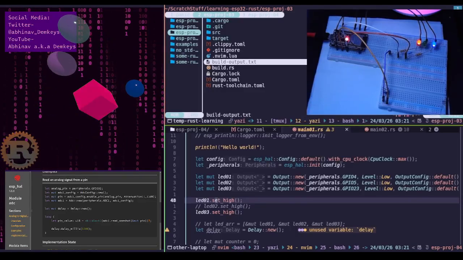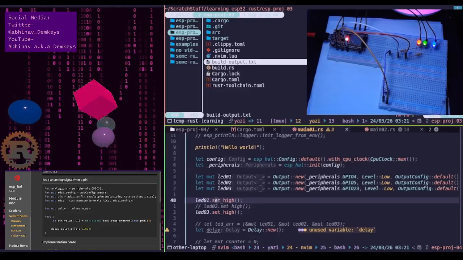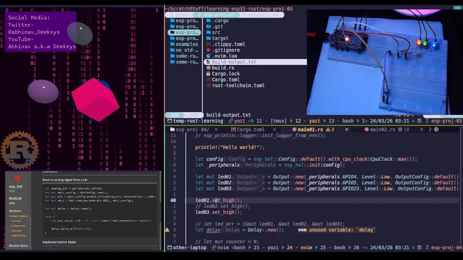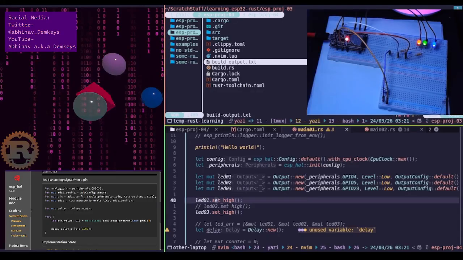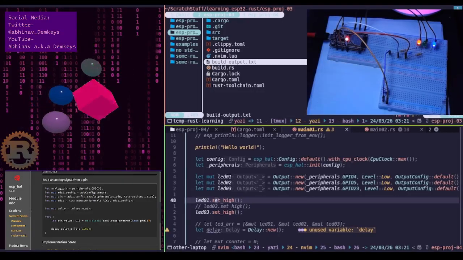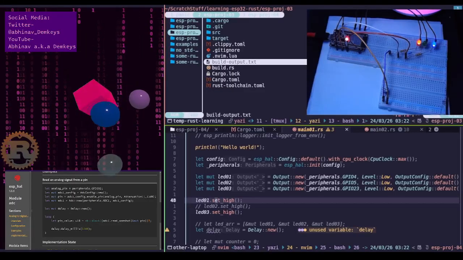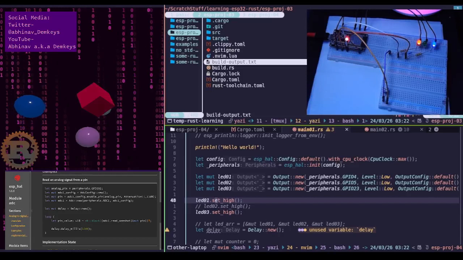But yeah, this is what I mean when I say that I want to get this workflow down to an exact, deterministic workflow. I want to get it down to a science. I want to understand exactly what's going on, and not just hope that whatever I'm doing works. Because